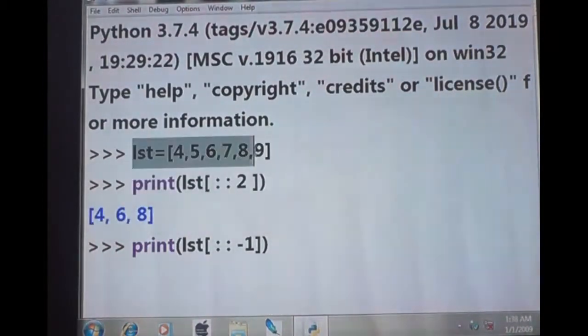You just see this alone. So the list value is 4, 5, 6, 7, 8, 9. Okay, fine. So here you have to print list of starting index kudukala, ending index kudukala appadina, you have to choose the complete list. In complete list they have given -1. -1 appadina enna, you have to decrement by 1.